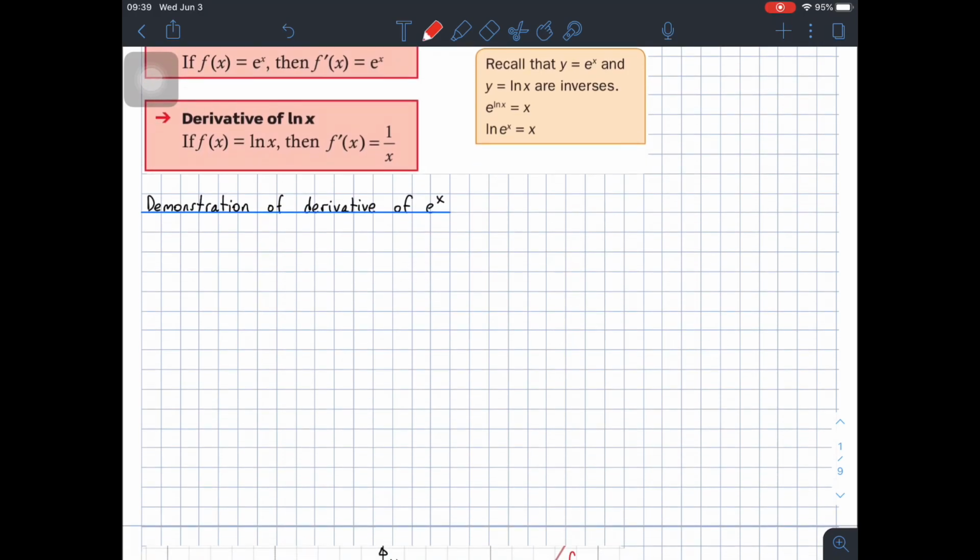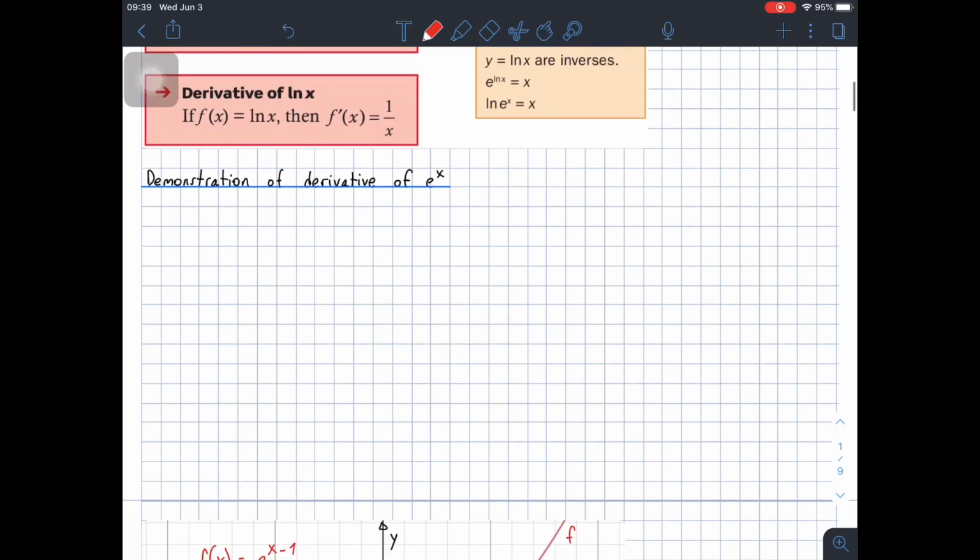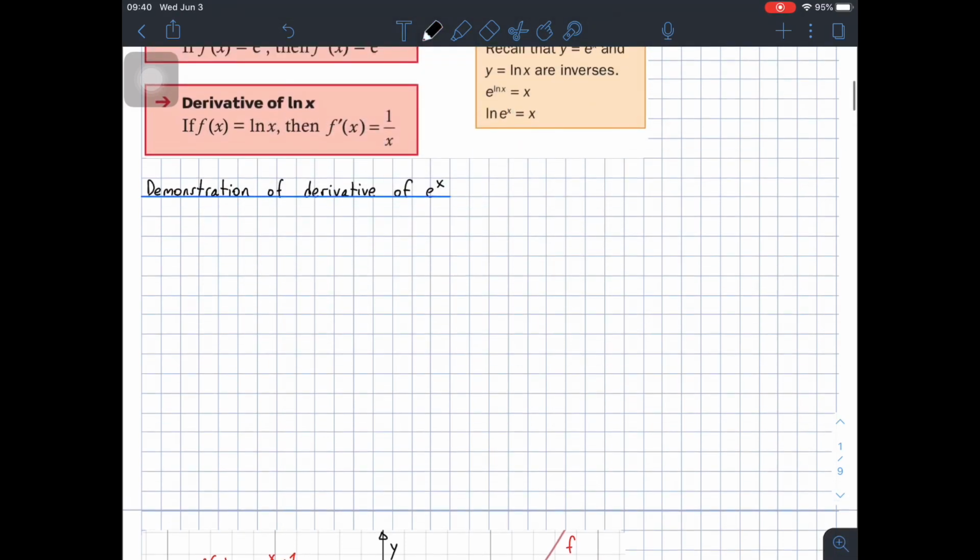Okay, so now I want to show you a demonstration of where the derivative of e to the power of x comes from. This is something that you don't need to know, but I'm always trying to show you this for you to understand why things are like they are, right? In this case, I want to show you why the derivative of e to the power of x is actually e to the power of x. Okay, so we're gonna begin by finding the derivative of e to the power of x by the